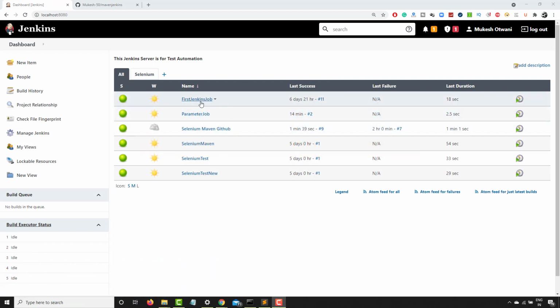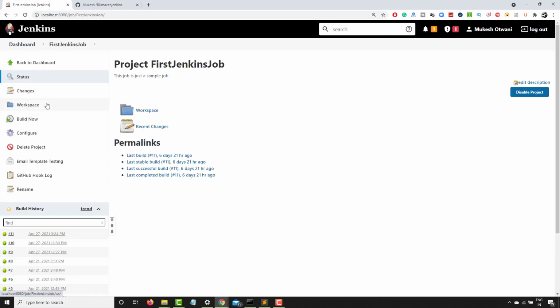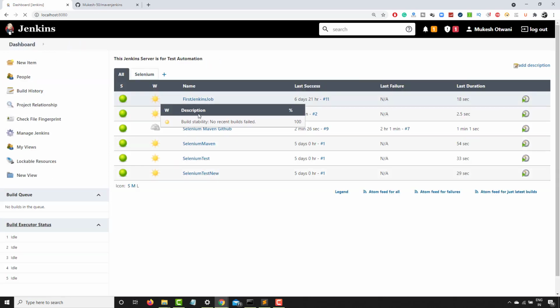Today in this lecture, I will show you how you can run your Jenkins job using GitHub webhook. So whatever jobs we have created so far, we are running these jobs using build now or build with parameter. For example, if I show you my first job, we had this option called build now. So you can go manually and trigger this job, right? This option. Second option that we saw is that you can build with parameters.